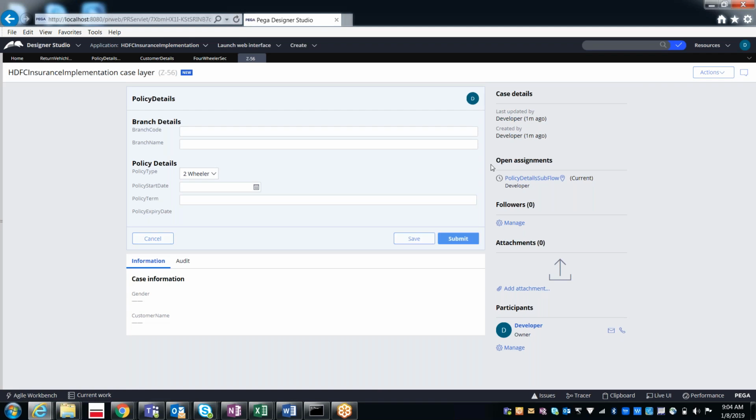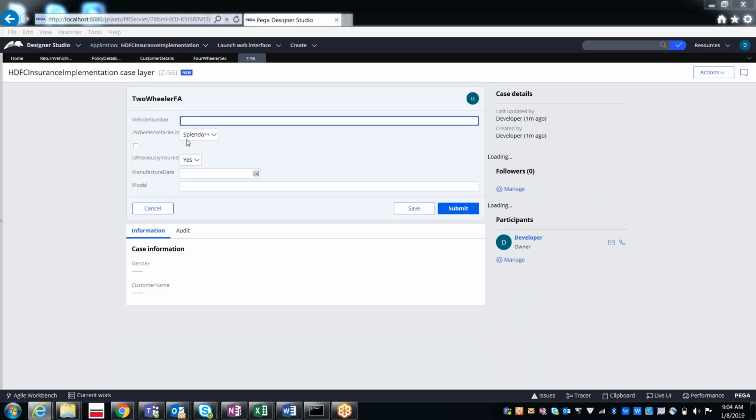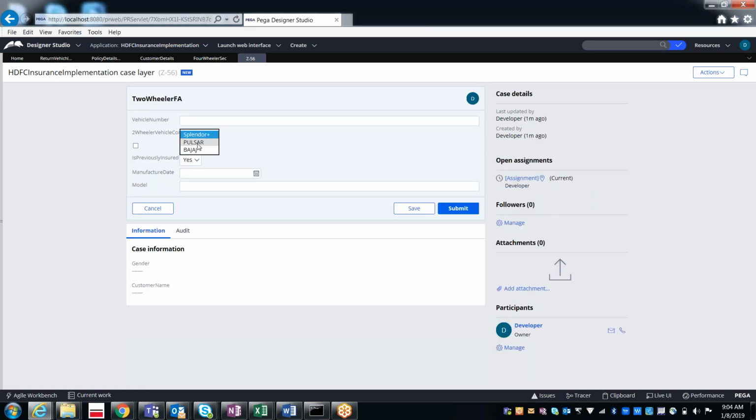If it is two-wheeler, in the two-wheeler flow action we display the brands based on the two-wheelers, like Splendor Plus, Pulsar and Bajaj. But if you select three-wheeler, this drop down will be different, and if it is four-wheeler, the values in the four-wheeler drop down are different.